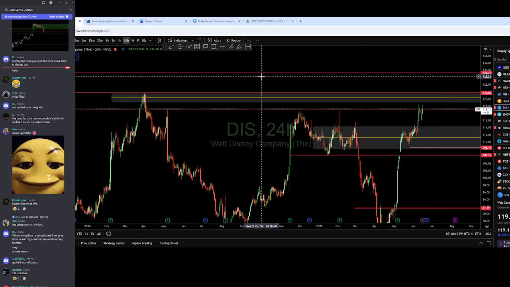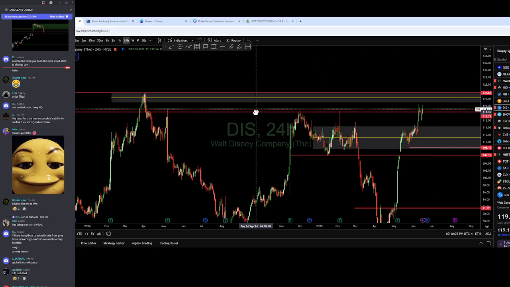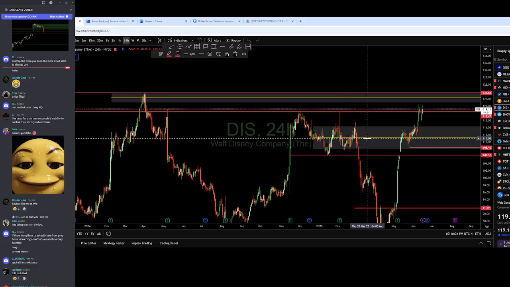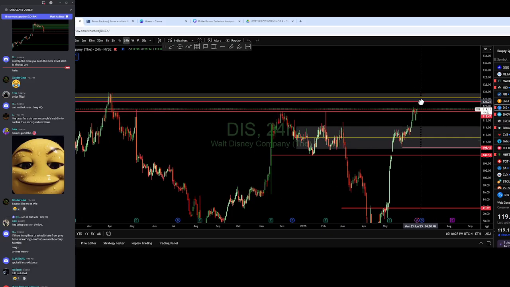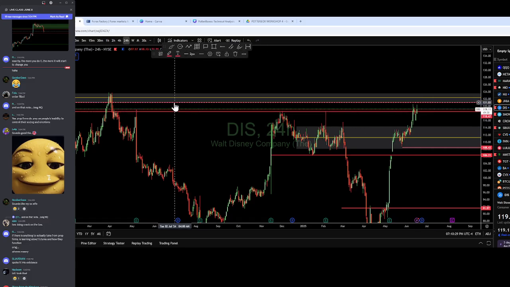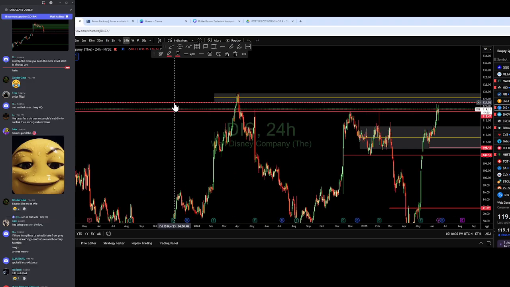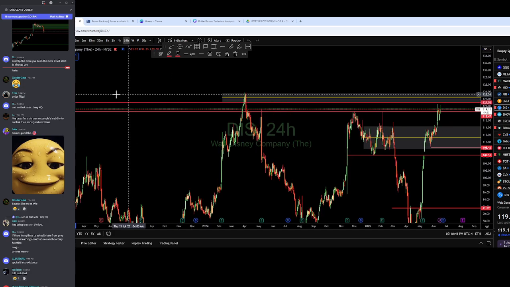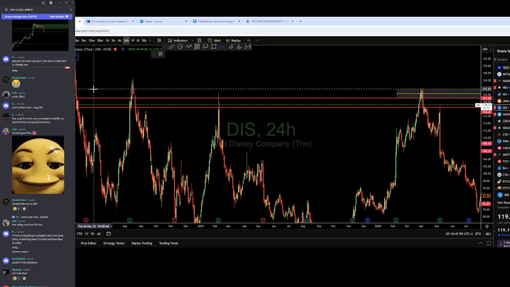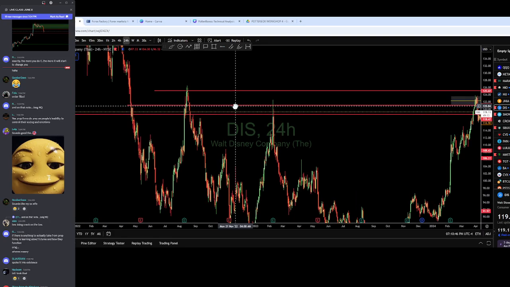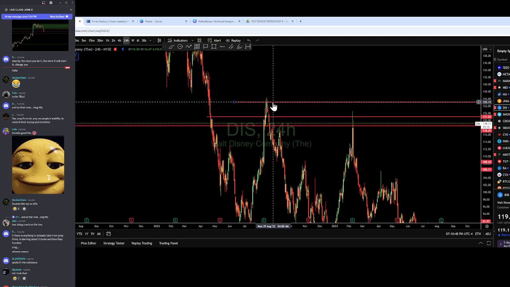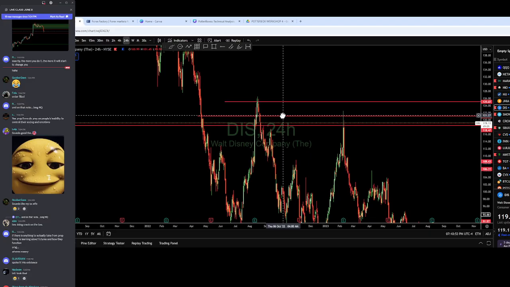So here's an example of something I would not want to take at the present moment, as tempting as it might be. How close am I to my first target? Now, what does that first target provide? A floor. And what do I need to grab onto in order to continue moving up? That floor. So in order for me to have confirmation that Disney is going to continue moving up, likely to this point here, just an FYI, if you don't have a box at the top, just slap it right there. That's your wall.